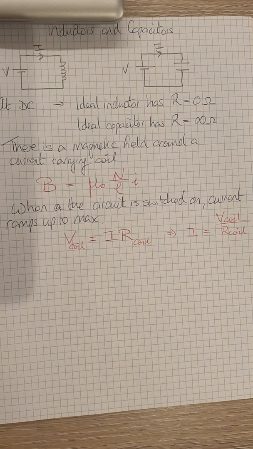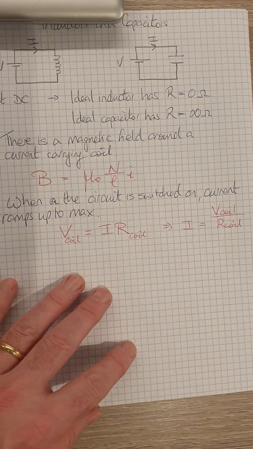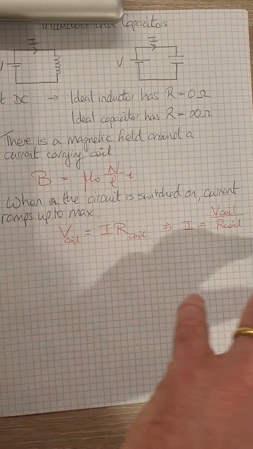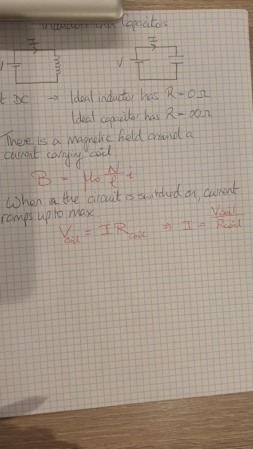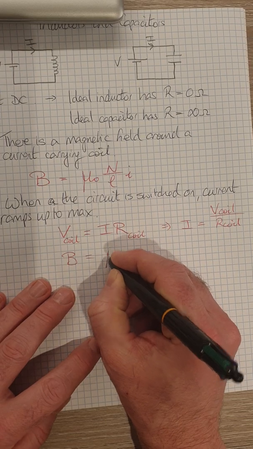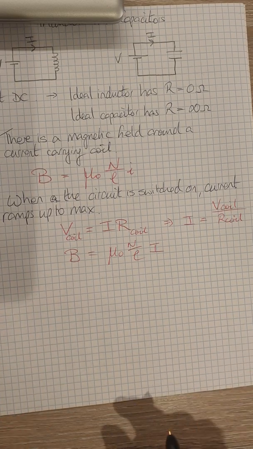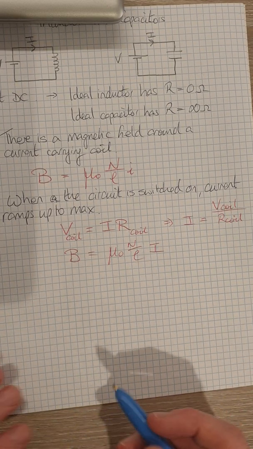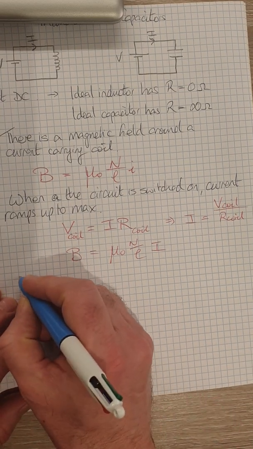The question is what's happening as the current is increasing. Obviously when the circuit is off, the switch is open, then there is no current flowing. So what happens in between switching the circuit on and the current reaching its maximum? What happens as the current is changing? By the way, in this case my magnetic field strength is given by the constants times I, where I is the maximum current, the final DC current in the circuit. But as the current is ramping up,